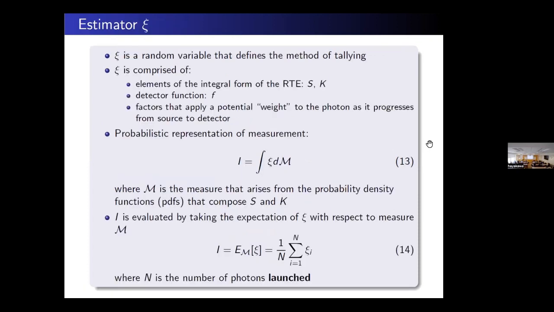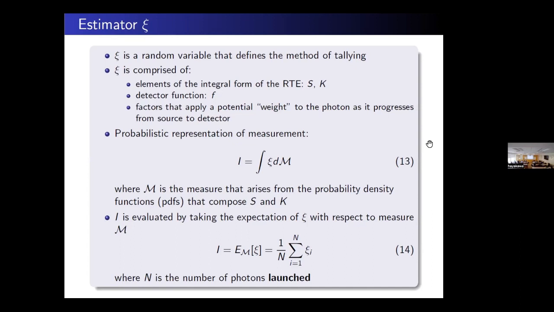So now that we have, in a sense, an analytic formulation of the problem, we need a random variable. And we call that random variable C. It's a method of tallying. And the way that we define C is that we use the elements of the RTE, the S and K. K is that kernel that's composed of C and T, the collision and the transport.